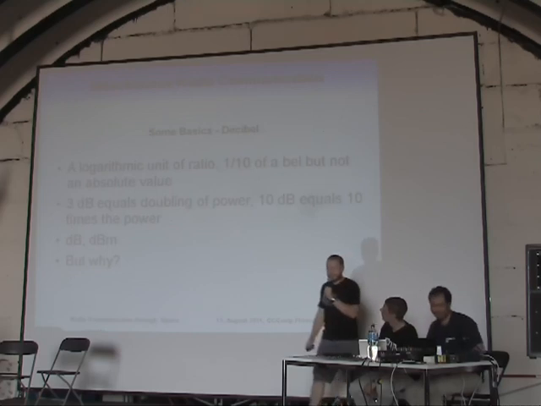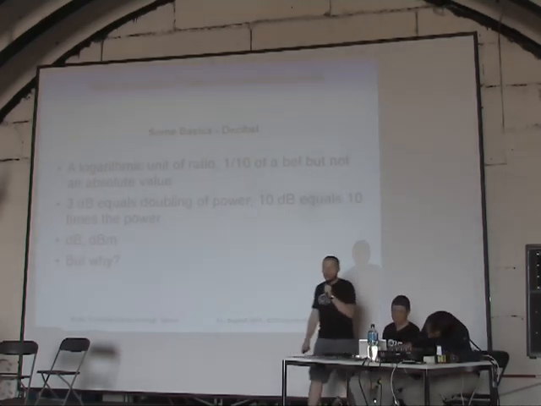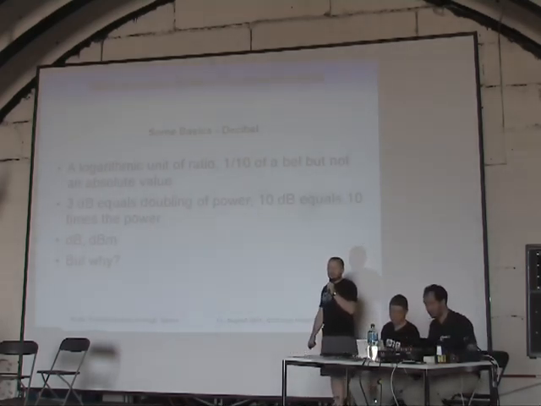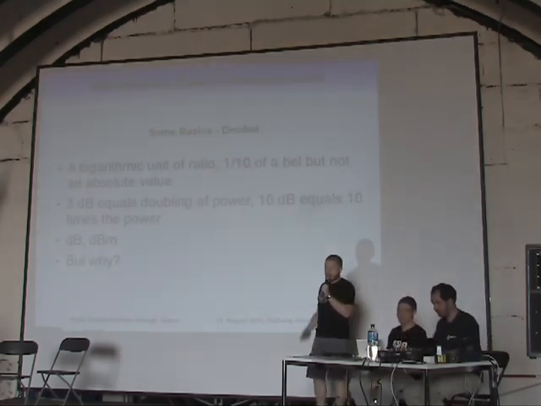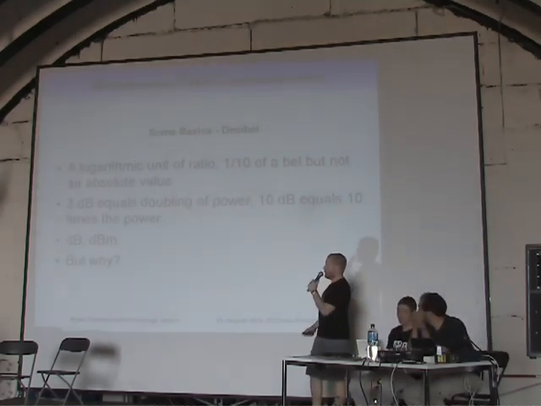Yeah, okay. There is a second basic we have to know. This is the decibel. Decibel is a unit. Actually, it's a ratio unit, so it's nothing fixed. You can say this has 5 decibel. This is just a ratio that we need, and you will see why we need that for comparison.